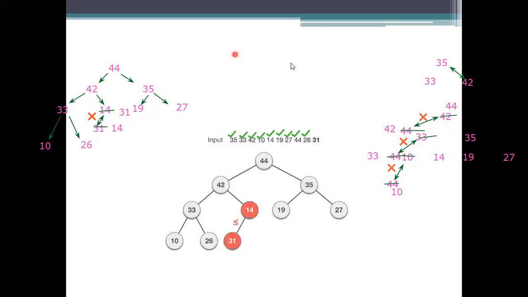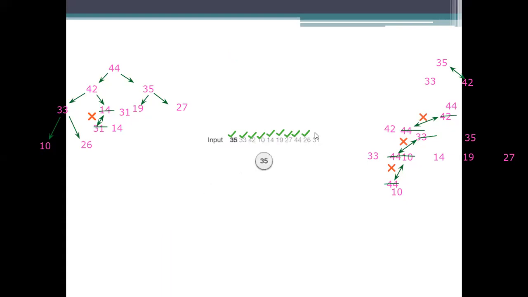The greatest value has to be represented there. Okay, in this representation, all these nodes are inserted, and the one we have drawn at the left side will be specified as the final one. So that is a maximum heap representation.